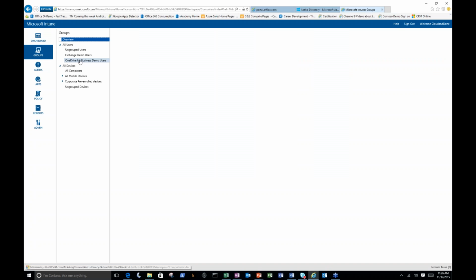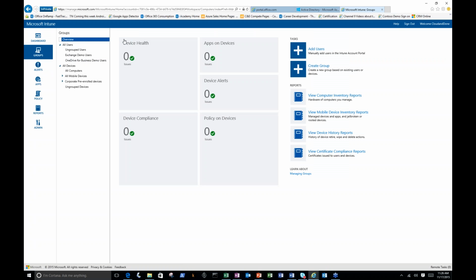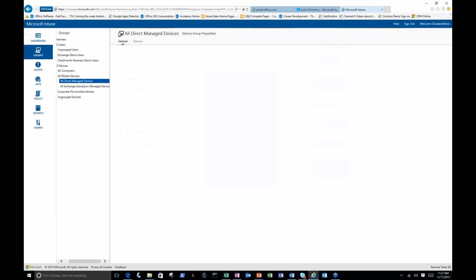I think it'd be more interesting to drill in and show you the drill down here as it relates to how we group particular users and devices. So I can look at all mobile devices, and it doesn't matter if they're Windows Phone, iOS, Android. I can manage all those different device types in here and get a breakdown of what types of devices. In this case, I'm going to look at a particular